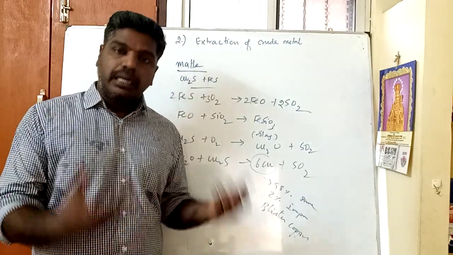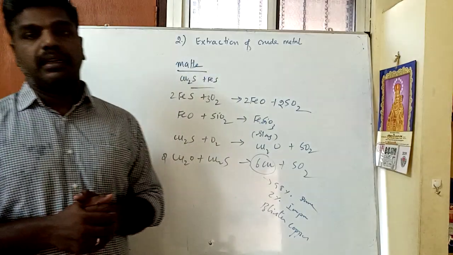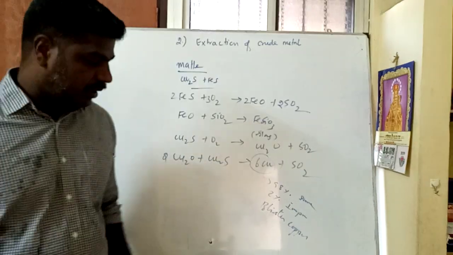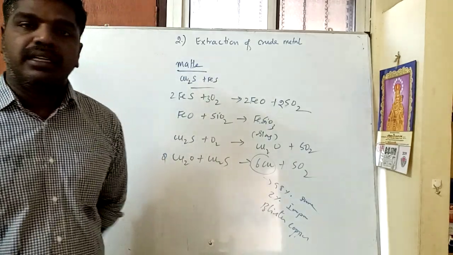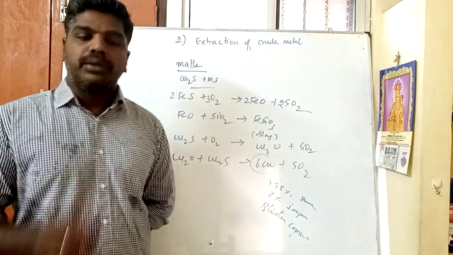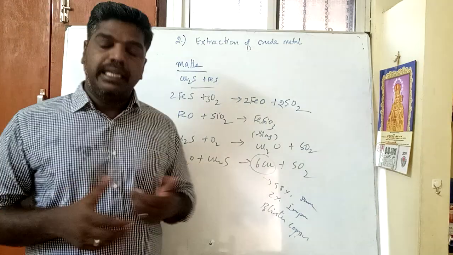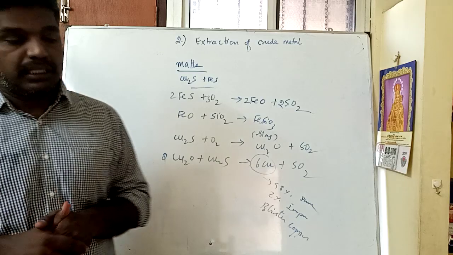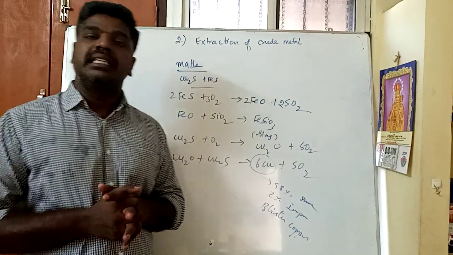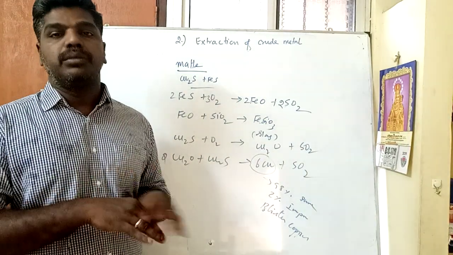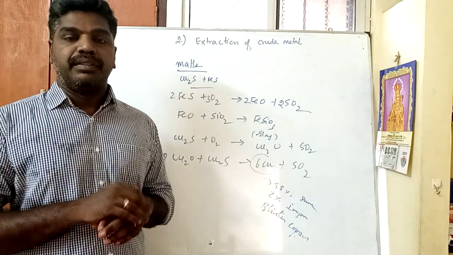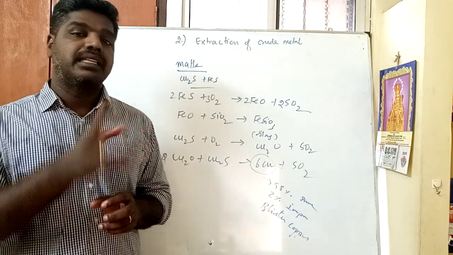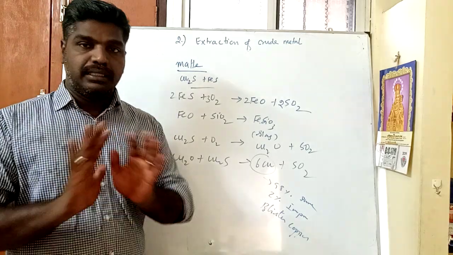In order to remove these, the process takes place in a blast furnace at elevated temperature, where we also add reducing agents. While heating, the impurities are converted into iron oxide. Now the iron oxide is a basic impurity, so in order to remove it we add silica, which is acidic. This acidic silica reacts with the basic iron oxide and is converted into iron silicate as a slag.